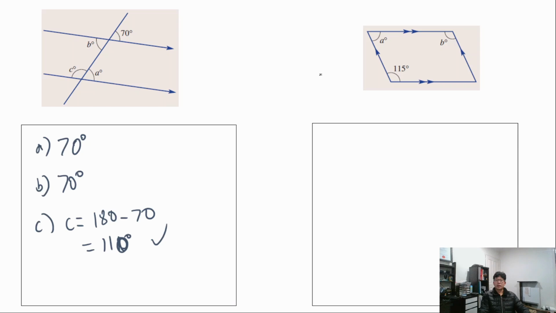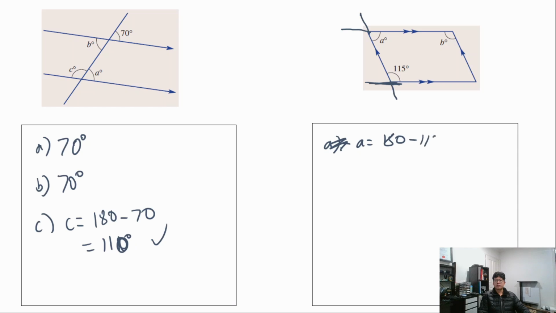This one's a little bit harder than the one on the left. Let's draw the lines a bit longer just so you can picture it in your minds a bit better. So that's going to look a little bit more familiar now. Now if you look at it like that, you can see that A is co-interior to 115. They're on the same side of the transversal and inside the two lines. So that means A equals